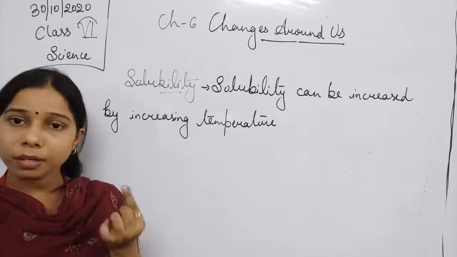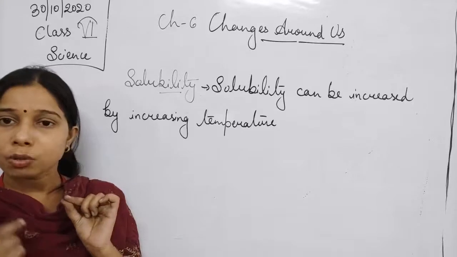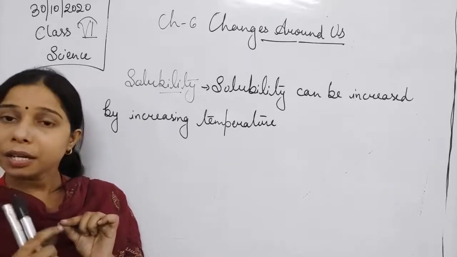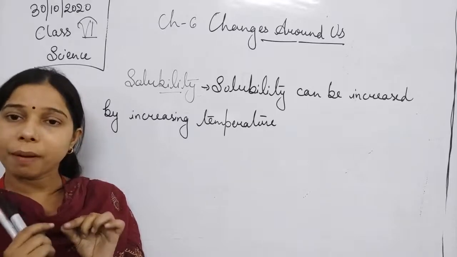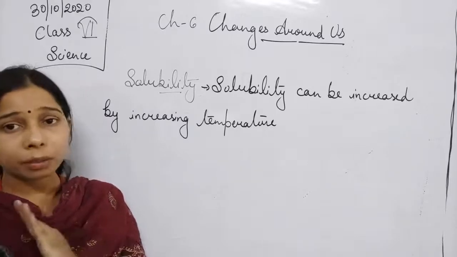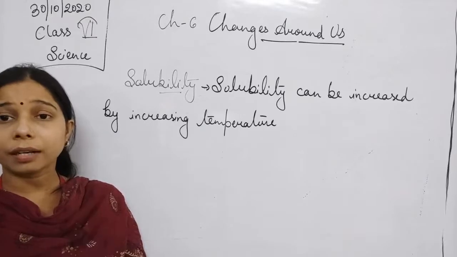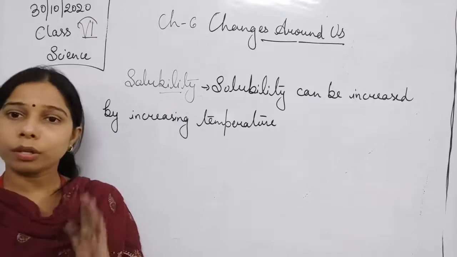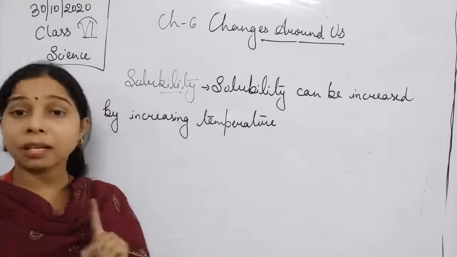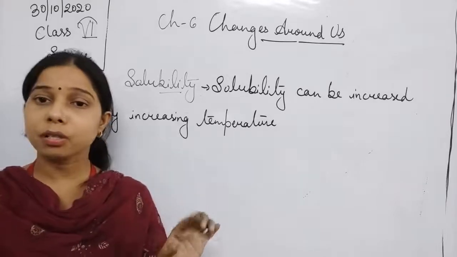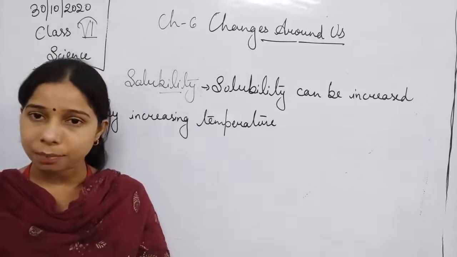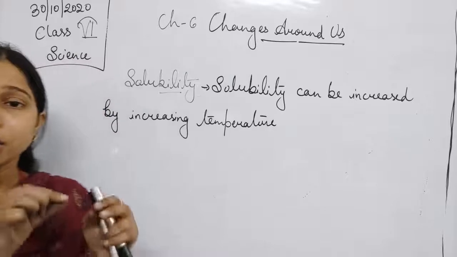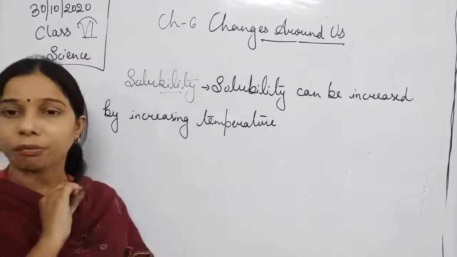Suppose a small hole is somewhere, so ultimately the particles will enter into that hole, right? And if that hole is filled by 2 or 3 particles and is now covered, you can say that no more particles can enter now, because the hole is already filled. The same thing happened with the water. At first, the water has small gaps in it, so the sugar particles will go in and get interlocked into the gaps.